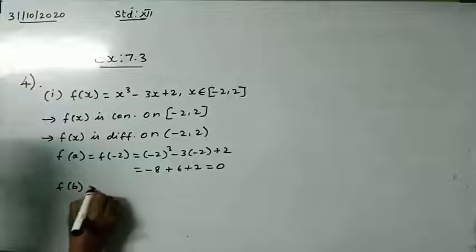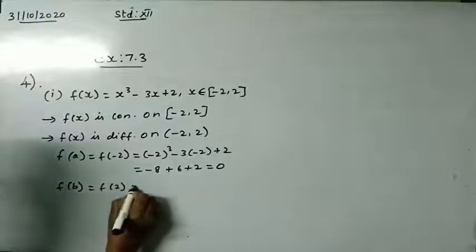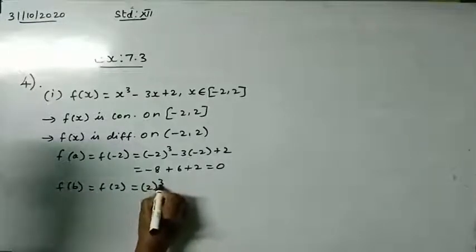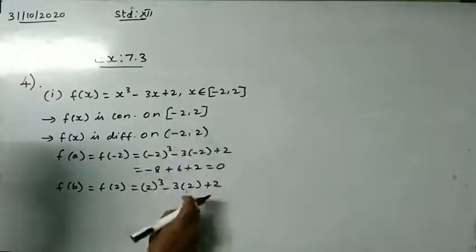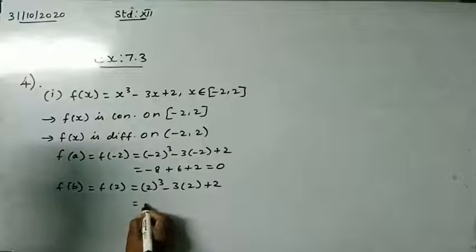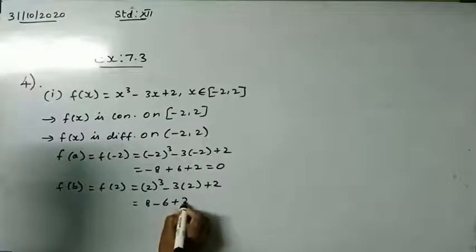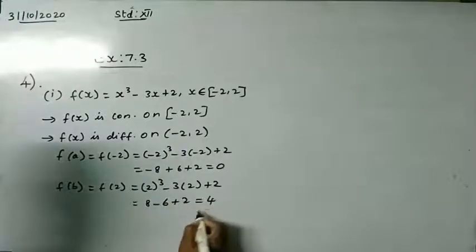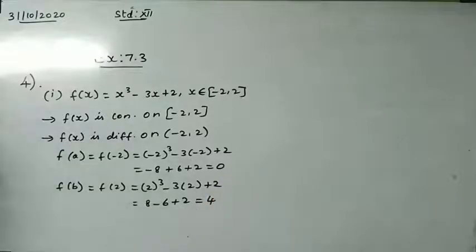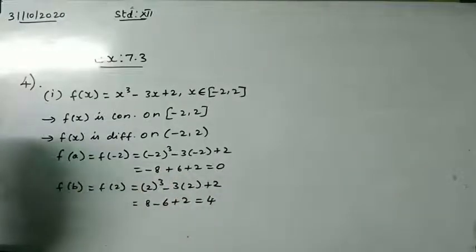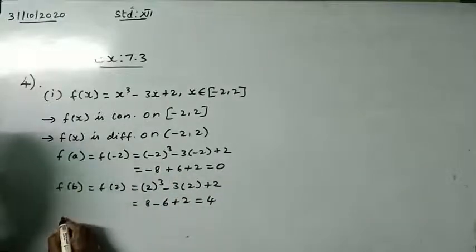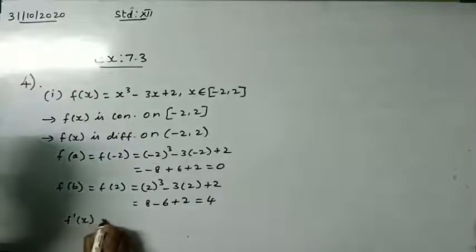Then f of b equals f of 2, which is equal to 2 the whole cube minus 3 into 2 plus 2. Here we substitute 2 in place of x. So it is 8 minus 6 plus 2, 10 minus 6, 4. These two are not equal. So they may not be equal, that is the condition given. Hence the mean value theorem exists, and by the mean value theorem we want to find f dash of x equal to,